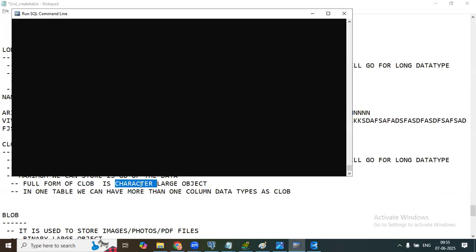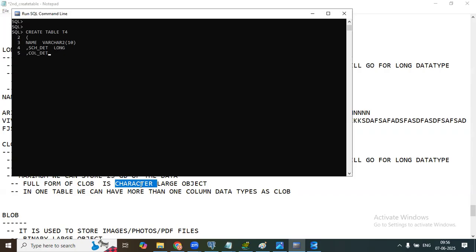Arjun, what you're trying to say is, okay, create a table T4. If I say name varchar2 of 10, I wanted to store about your schooling details. Schooling details means where you studied, which class you studied, how much you scored, who was your class teacher, what all sports you are playing, till 10th standard, how much you scored, each and everything I wanted to store. That characters can come more than 4000. Then I will go for LONG.